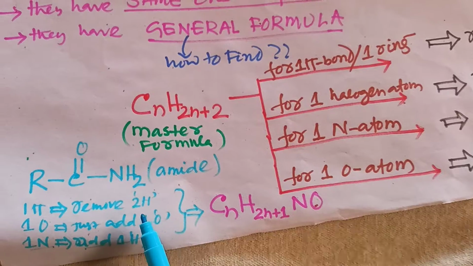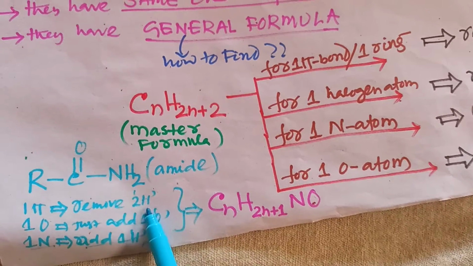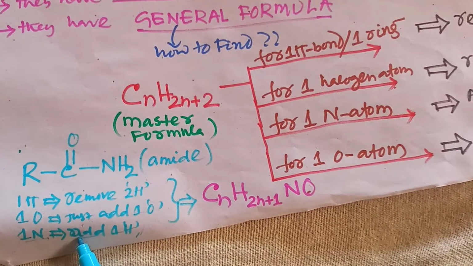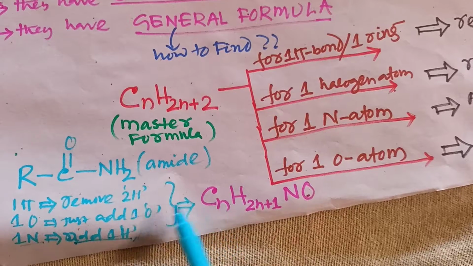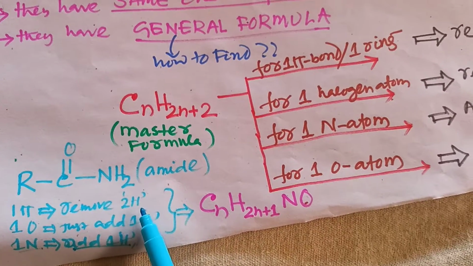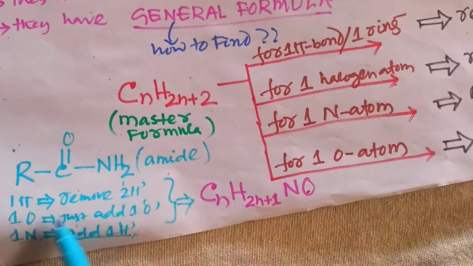That means we have to remove 1 hydrogen atom, because you have to remove 2 hydrogen atoms here and you have to add 1 hydrogen atom. So we have to remove 1 hydrogen atom and add 1 nitrogen atom and oxygen atom. So the formula will be